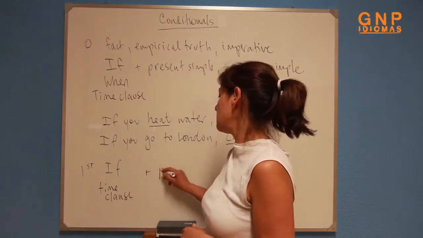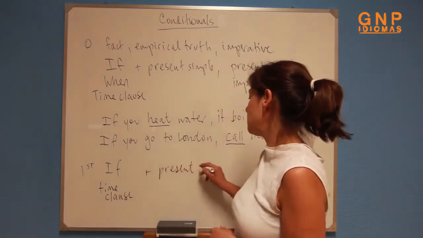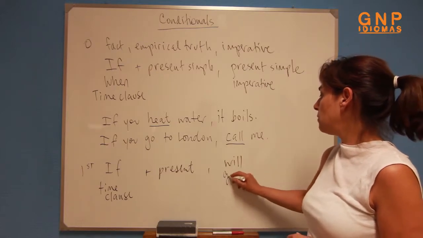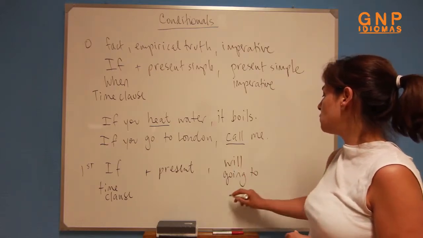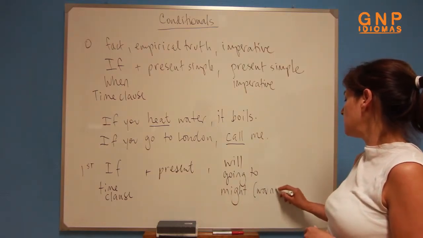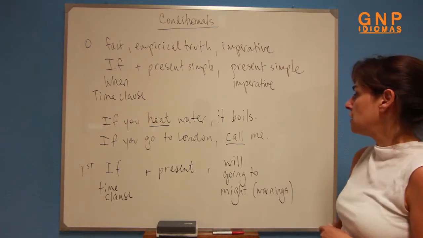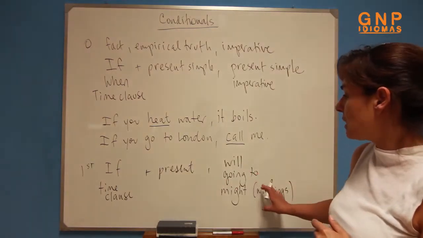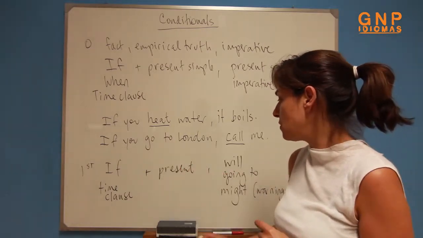The first conditional is if again, or a time clause, with the present, again present simple or present continuous. But the second part is either will or going to. We use might in the first conditional a lot for warnings. So here you're predicting an outcome from a situation that's a given. So let's say